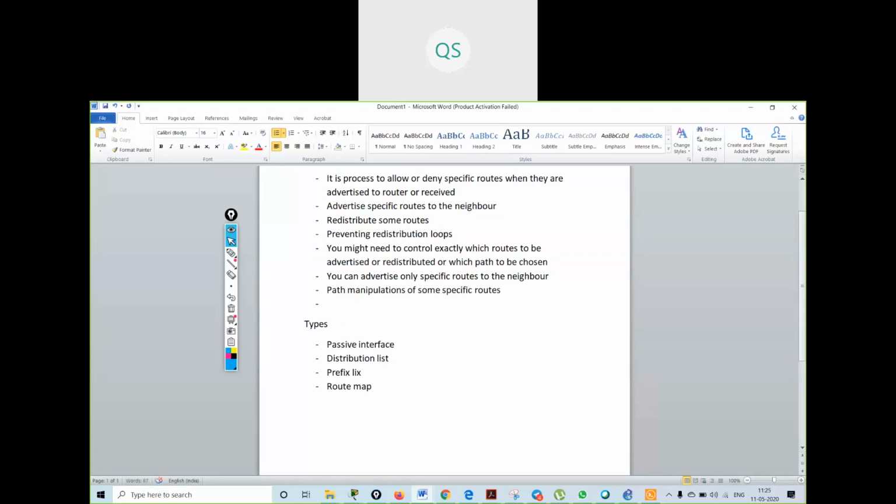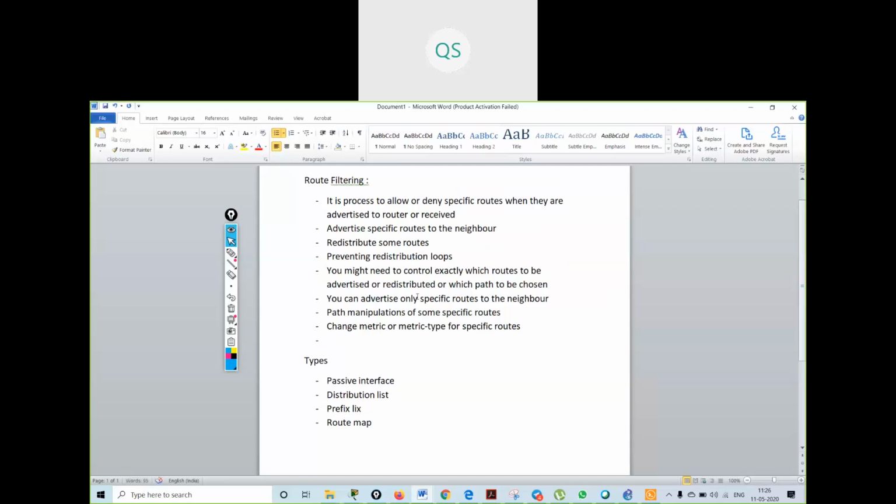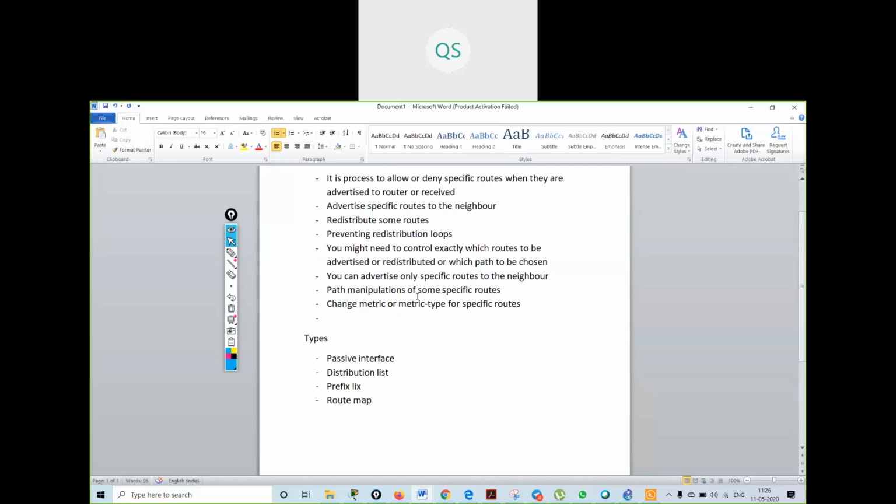So you can select an alternate path for your routes. You can change the metric. We will be seeing all these things, don't worry. Change the metric or metric type for specific routes. So you can do all these things when you are using route filtering.